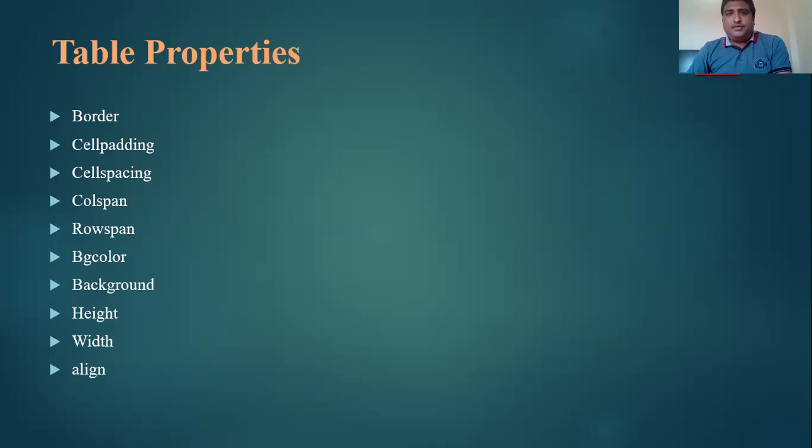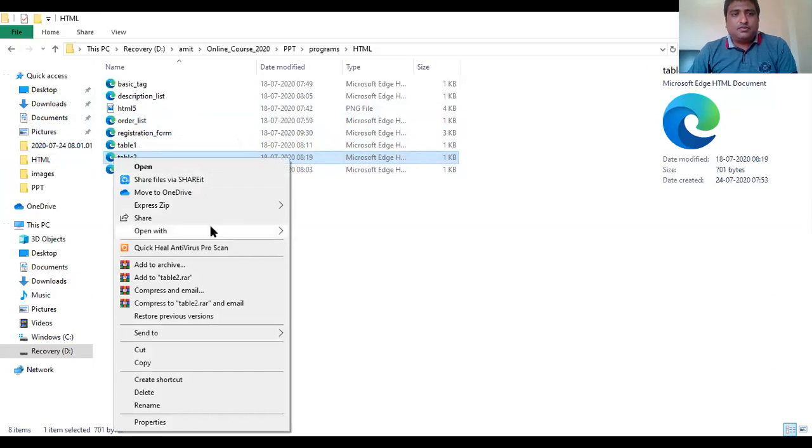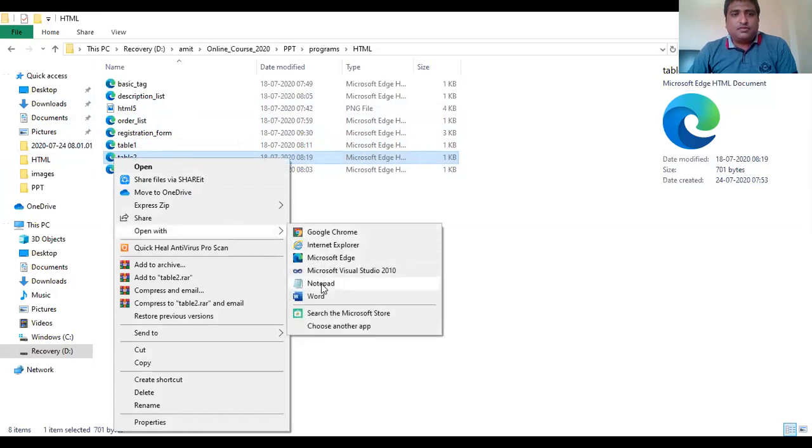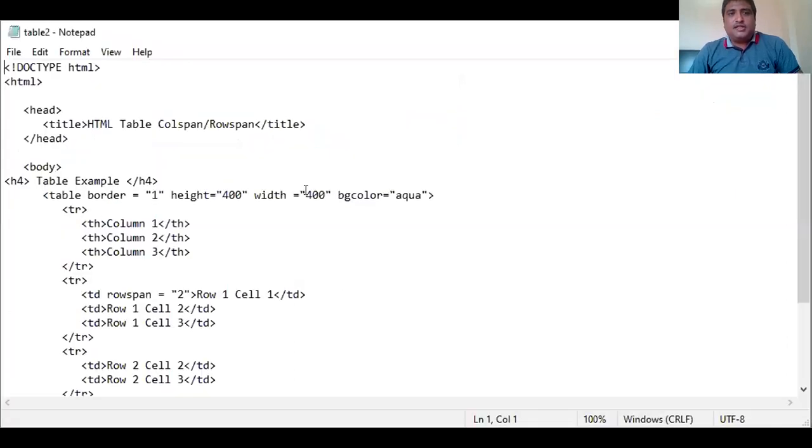Next one. Let's see one more example here. So this is the example of table 2.